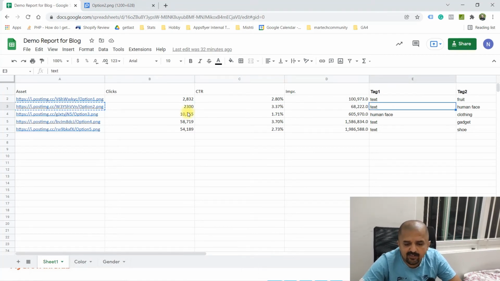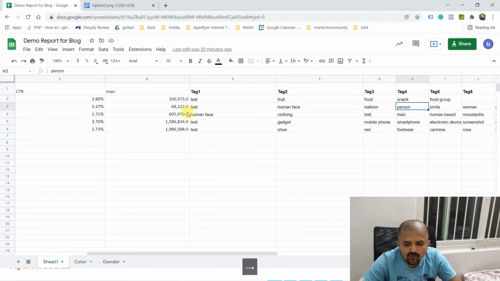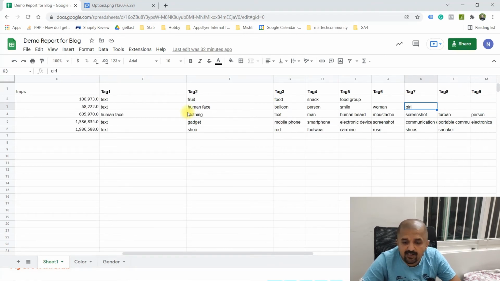Okay, tag 1 is text. Again, it doesn't take a rocket scientist to tell that there is text on the image. Then tag 2 is human face. So there is a human face in this image, which is quite great and quite useful when you want to do analysis on images. Then tag 3 is balloons. So in the background, the pink balls are tagged as balloons or balls, which is pretty close. Then you have person in this image. That person is smiling. It's a woman, or a girl, which still makes sense.